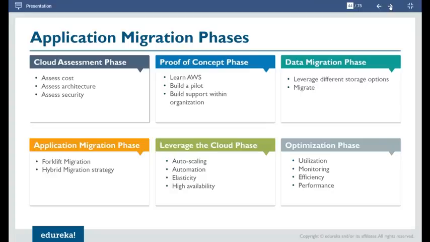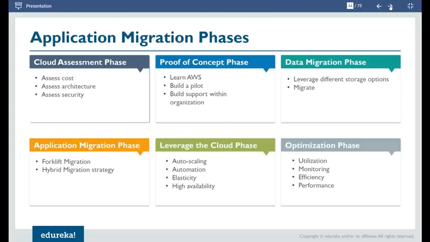You understand the compatibility of your application architecture on cloud, the total cost of running it, the security parameters, and whether you have all the required platform features and functionality available in cloud.